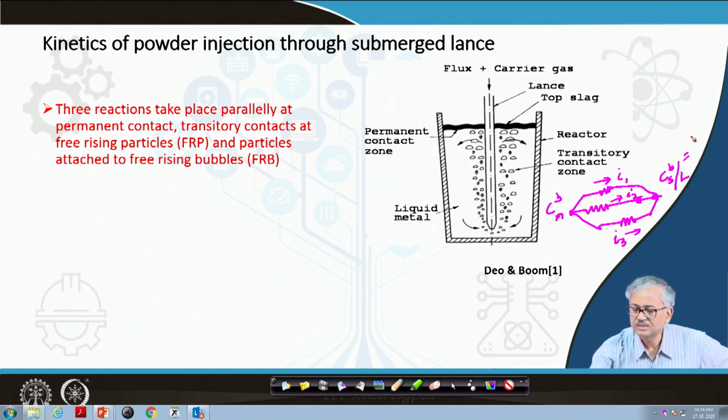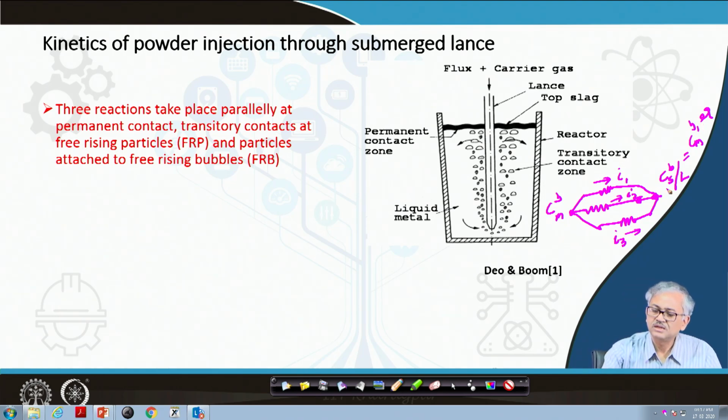So, you can write it as CMB minus the equilibrium concentration. Basically, the equilibrium is the equilibrium concentration in the metal bulk, if the impurity concentration in the slag is CSB. So, the reaction will take place from CMB toward CMB equilibrium. So, this is the gradient, and there are 3 currents, basically 3 rates at the 3 contacts. So, these 3 rates, if you write them, then